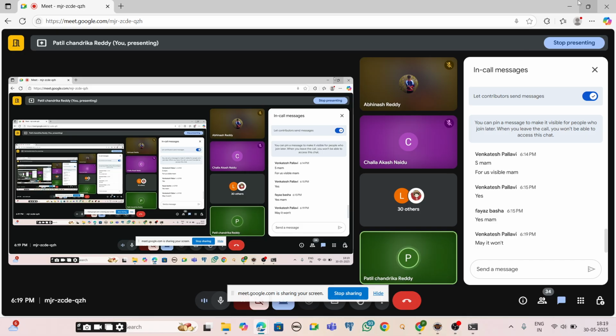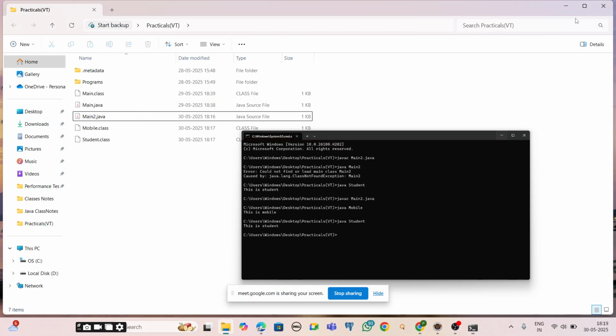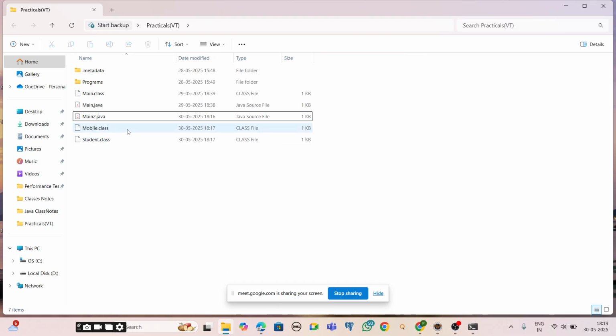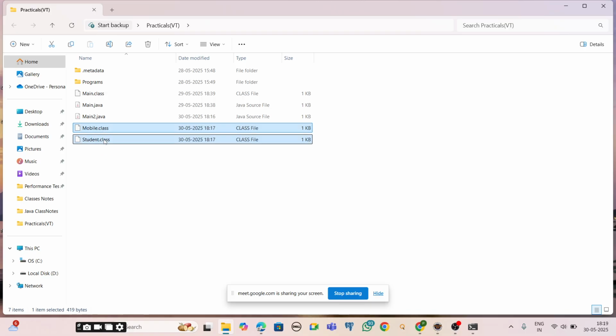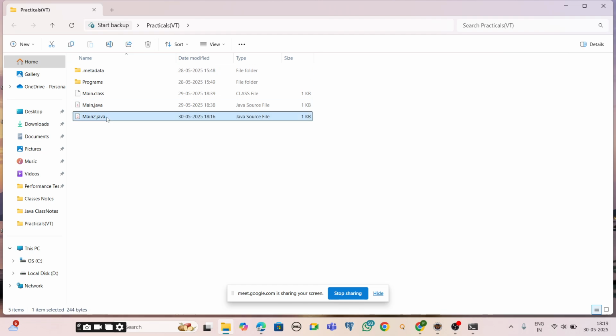Let me go to the same file again. Let me minimize all these things. Sorry guys, let me delete these files first. I try to rename this.